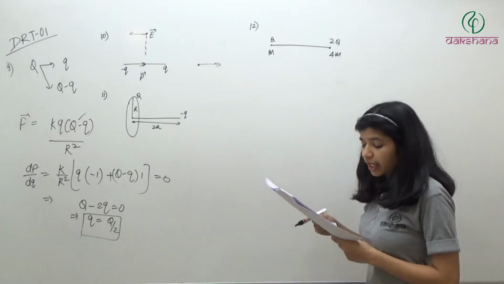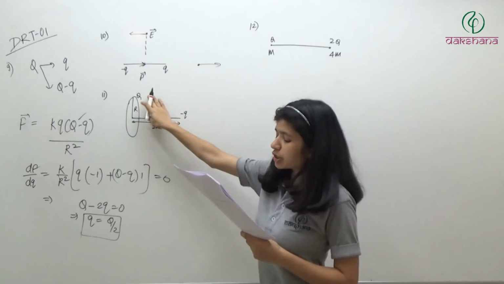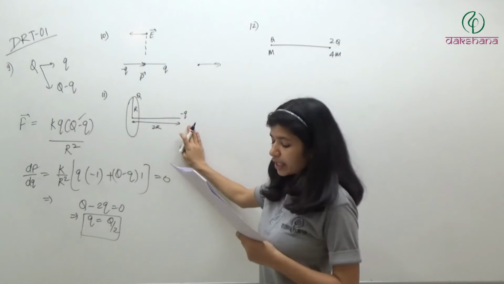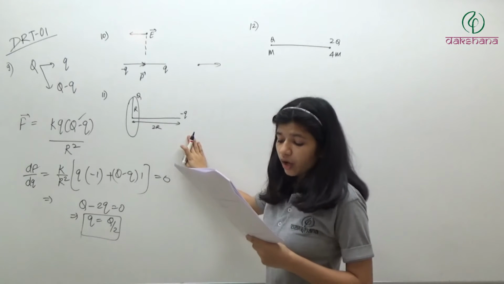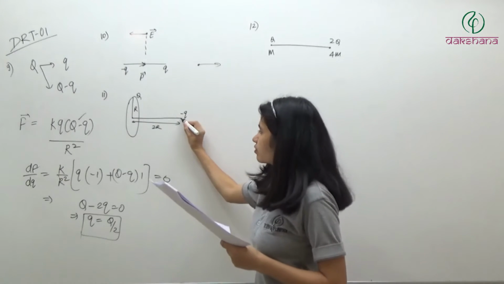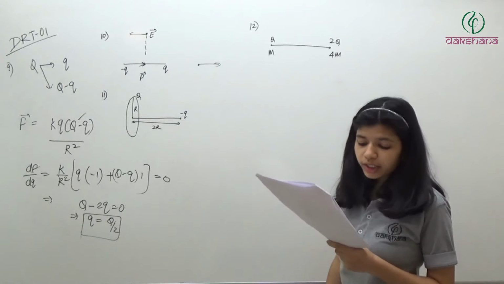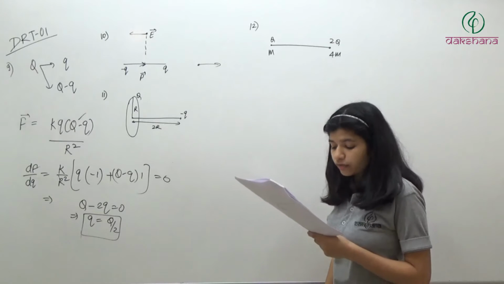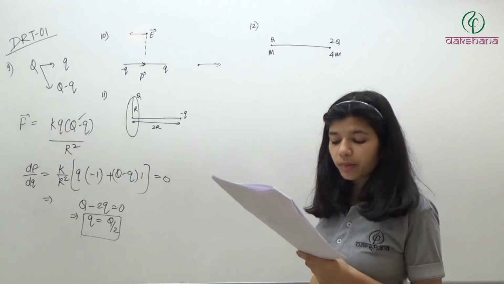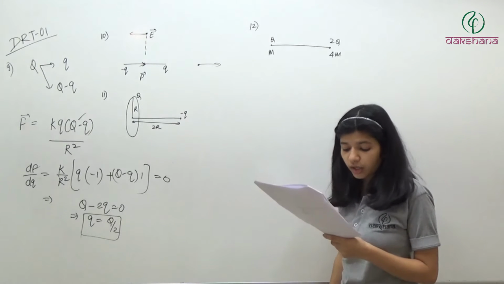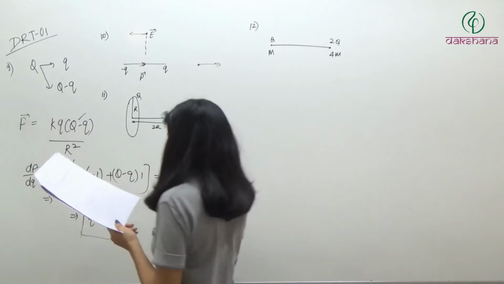Question number 11. A ring of radius capital R carries a uniformly distributed charge plus Q. A point charge minus Q is placed on the axis of the ring at a distance 2R from the center of the ring and released from rest. It is released from here, released from rest. The particle executes a SHM along the axis of the ring, moves to the center of the ring and remains at rest there, executes oscillatory motion but not SHM, or moves through the center of the ring to infinity along the axis. So what will happen?